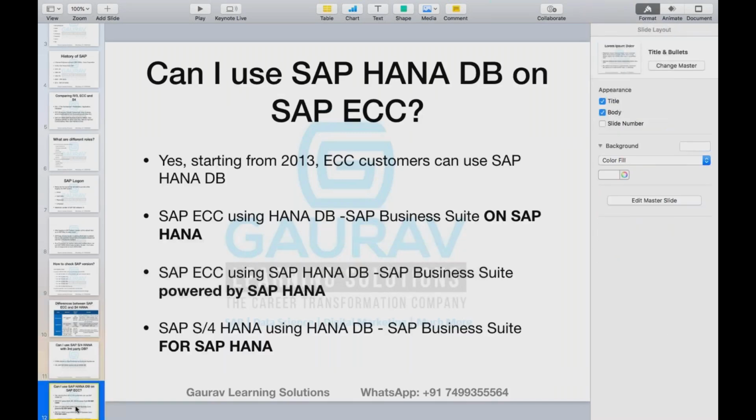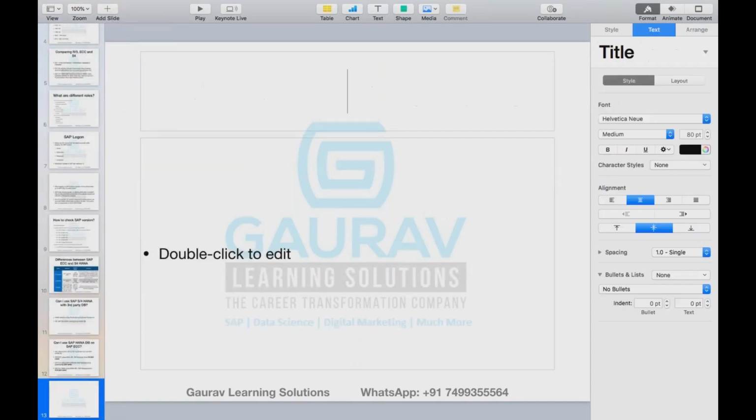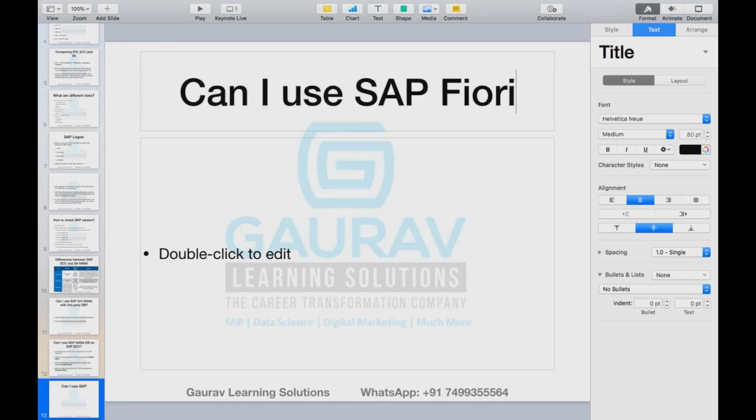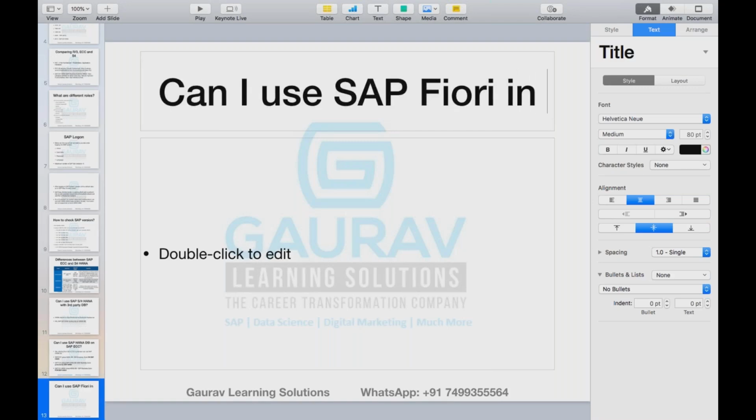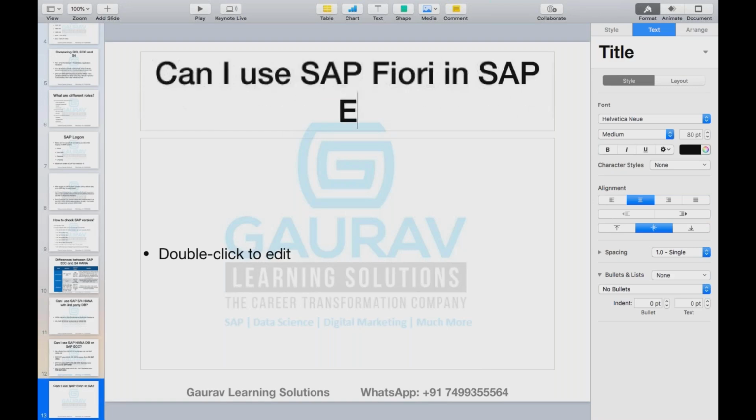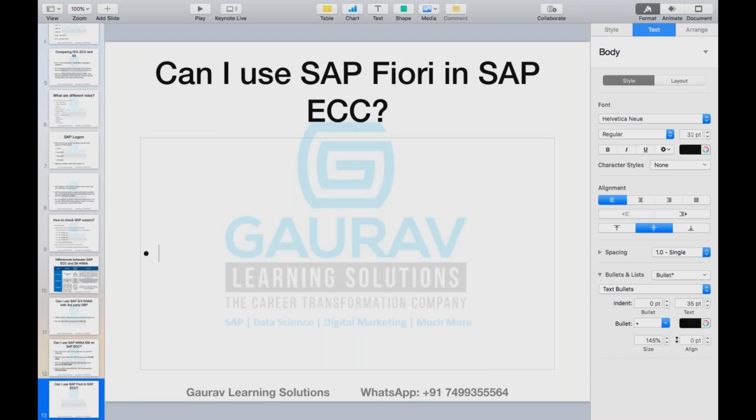Coming to theory. My question is, can I use SAP Fiori in SAP ECC system? This is a very tricky question. What do you feel? Is it possible? It's possible, you pay for the gateway service for that, then you can use it. Is it possible? You are saying it is possible. Answer is,